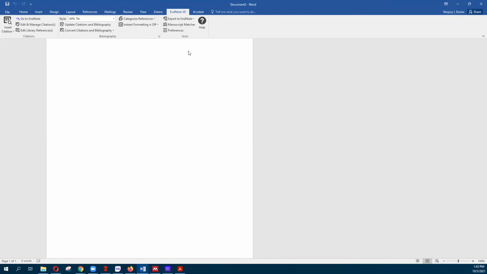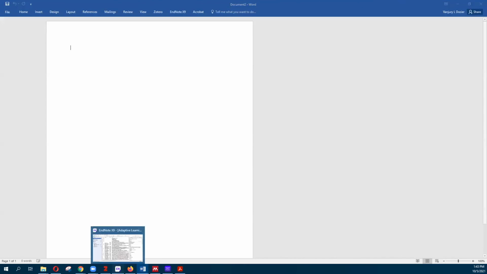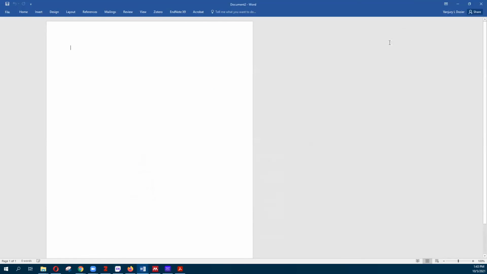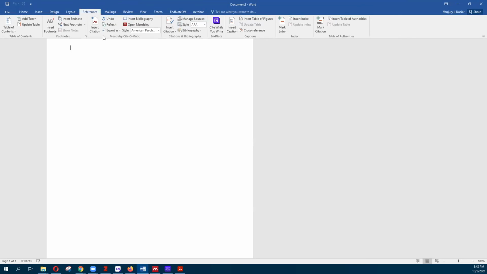I have Endnote available in here as well. And this is what Endnote desktop looks like, just so you can see. I have a library, I have folders in my groups, same thing. Okay. Mendeley as a Write As You Cite tool actually exists under references